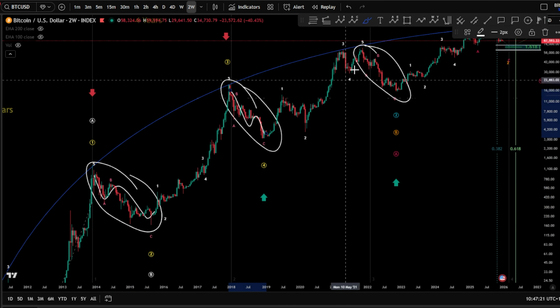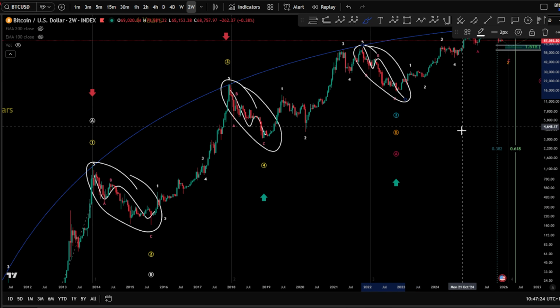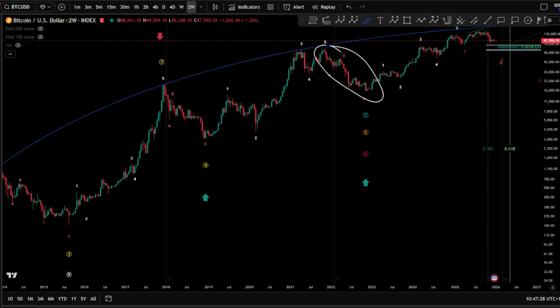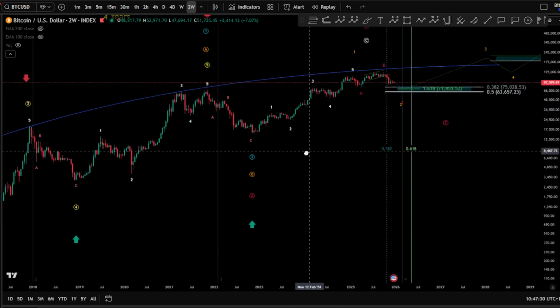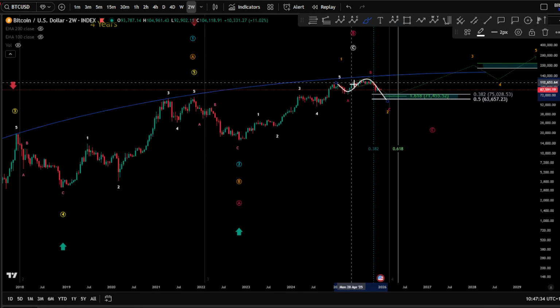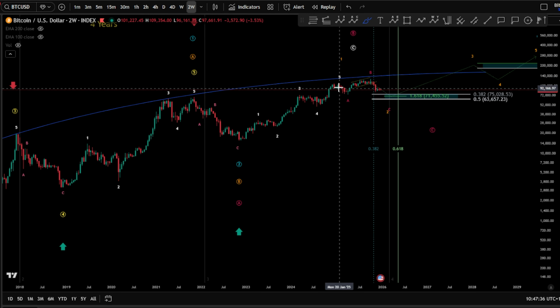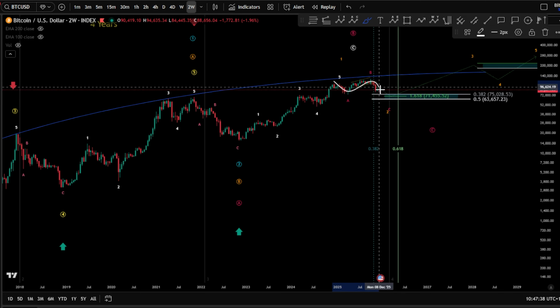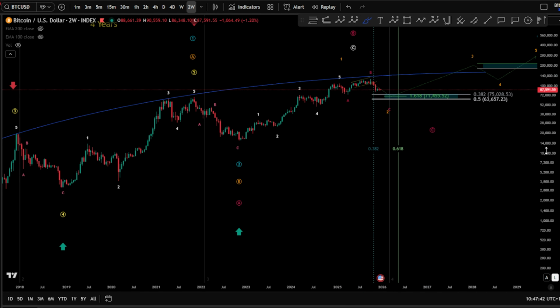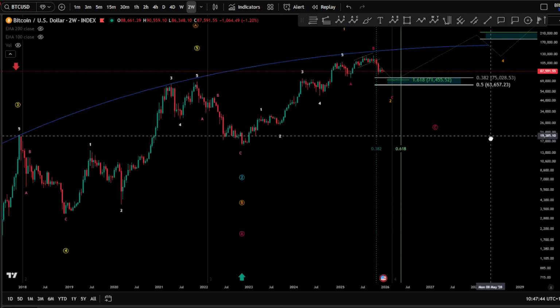ABC, ABC, and then A, B, and a C. Of course, very deep zigzags that we got, of course, with the previous bear market. But for this bear market, currently we have an expanding flat, A, B, and a C. The expanding flat is a little bit less aggressive than a very deep zigzag. However, the wave C of an expanding flat is the most aggressive move, which it is, of course, very likely